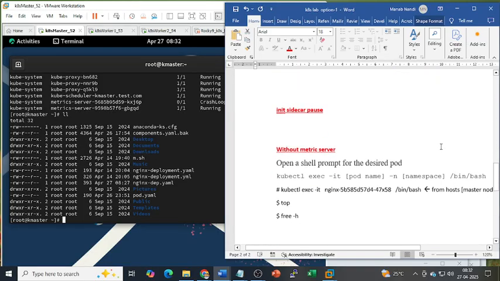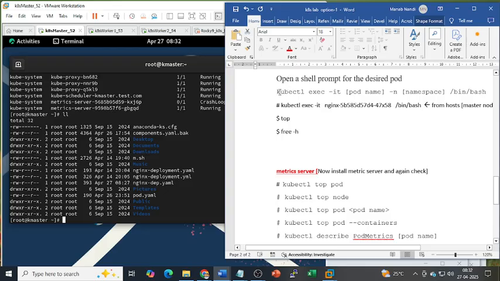For that purpose you have to use kubectl exec -it, your pod name, -n the namespace, bin bash. What happened? Kubectl exec. Yesterday we discussed kubectl apply, create and run, and exec. Exec means if your pod is running, you are going to log in inside of that and execute some command. So we are going to log into the pod using bash